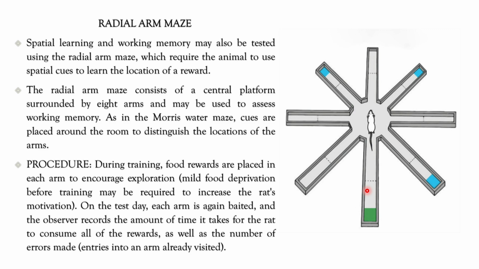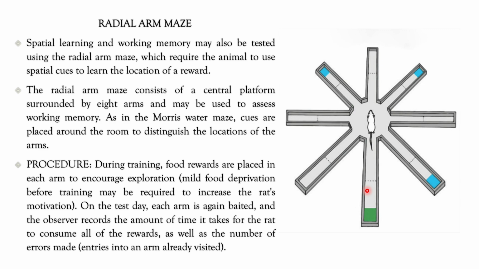Okay. So the next test for testing the spatial learning and working memory is the radial arm maze. In this, there's a central platform and there are 8 arms around it, which is used to assess the